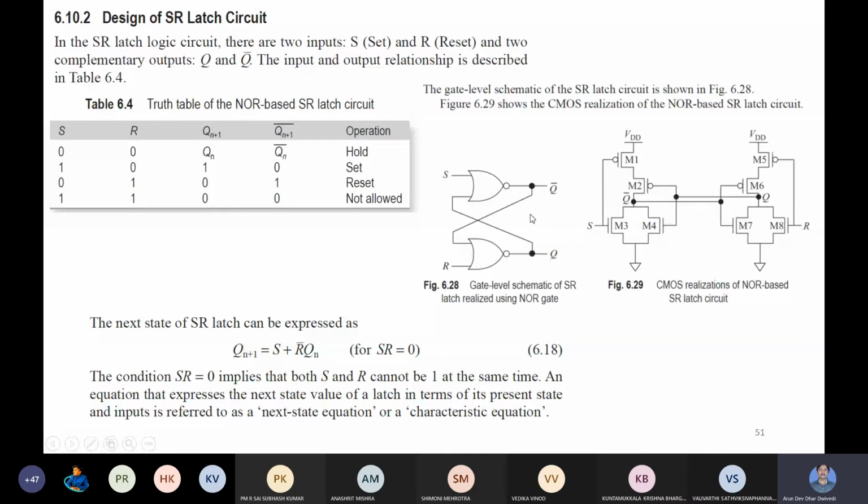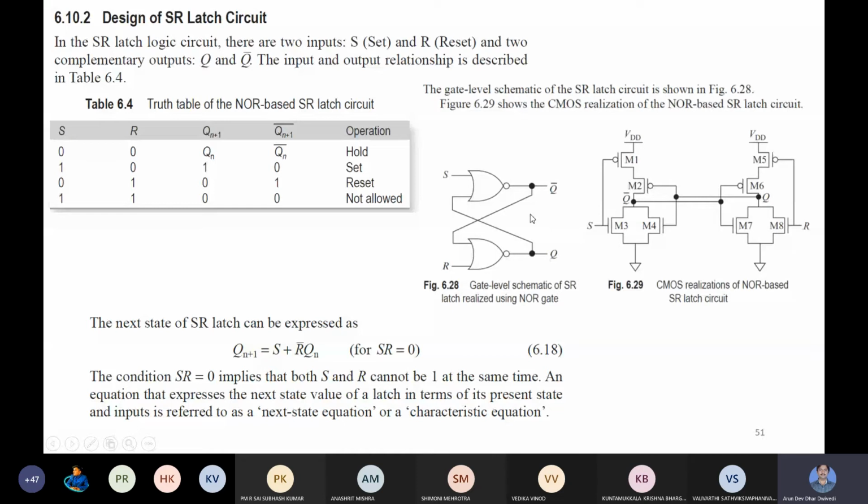So obviously here, two NMOS transistors in parallel and two PMOS transistors in series. For the other NOR gate also, two NMOS transistors in parallel on the downside, and two PMOS transistors in series. Also, we are considering this left side as the S input, and the right side as R. There are two inputs, S and R, that is fixed, and in this combination the other input will be coming from the S side, if you see.